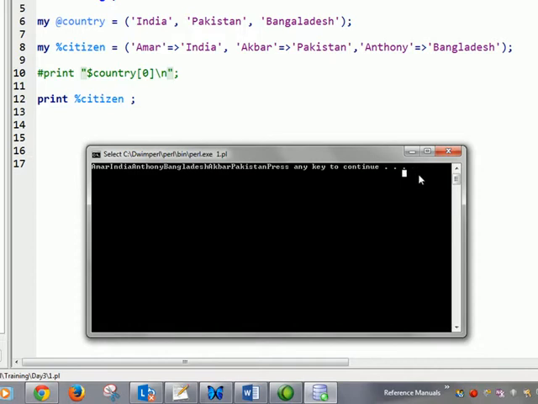There might be a difference. Why there is a difference is not in the scope of this class. But if you want to read, then read how a hash table is stored, how the data is stored in a hash table. You might Google it and learn about it.